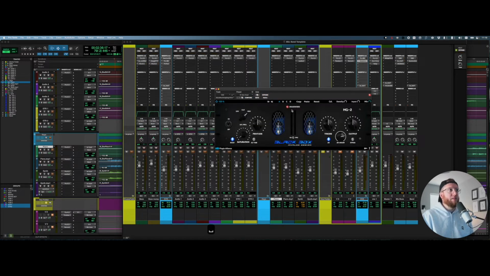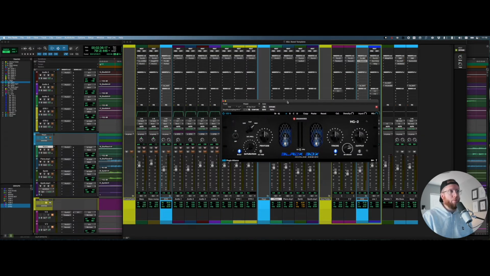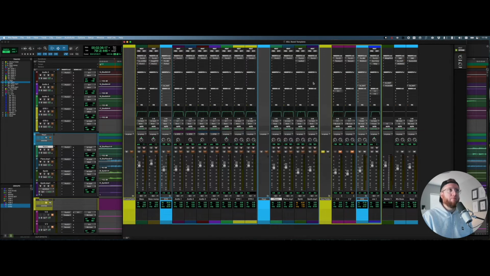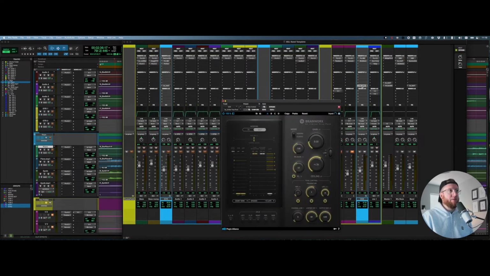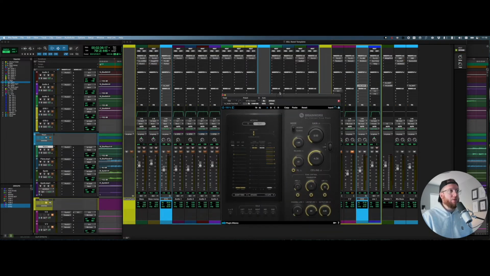And then I'm using this BlackBox again. This is not the mid-side mode, this is just the normal mono mode, just adding a little bit. Preset is area vocal. And then one thing I didn't mention on all of my routing folders, my summing buses,